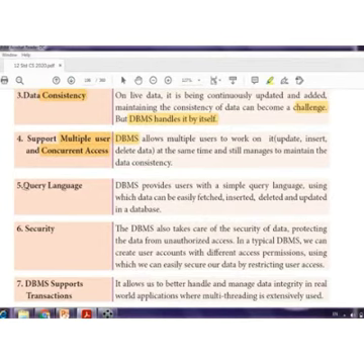Next one is query language. So DBMS provides users with a simple query language using which data can be easily fetched, inserted. Fetched means retrieving, inserted means giving a new data, deleting means deleting existing data, updated means modifying the existing data. So query language, this means